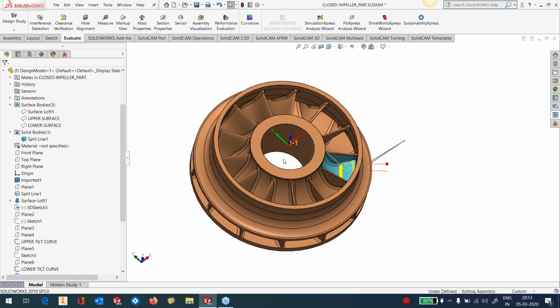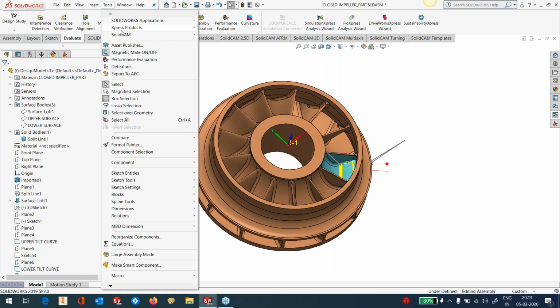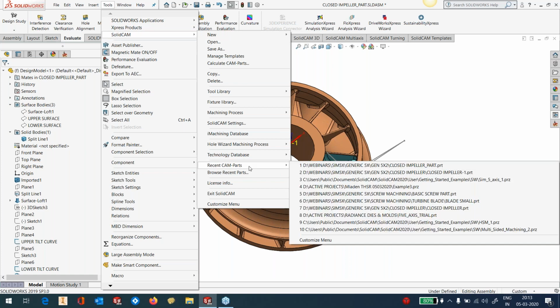Very powerful. Once you get this file, you can use it as one of your files for demonstration. It becomes a very powerful demonstration part, where you can show several things involved in the generation of this toolpath. All right, let's move to the next part. And in the next part, I would like to show you